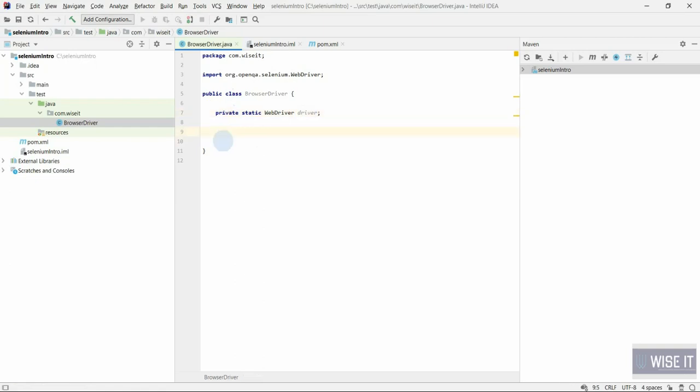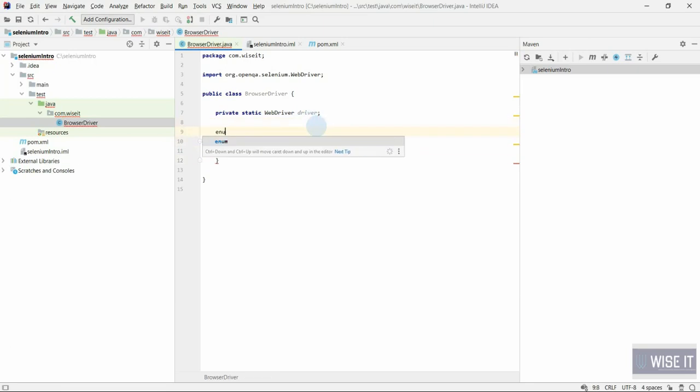तो I'll make a public static WebDriver returning method, so that will be like getDriver, and here I want this method to take a parameter like which kind of browser it should return. So for that I'll create an enum.